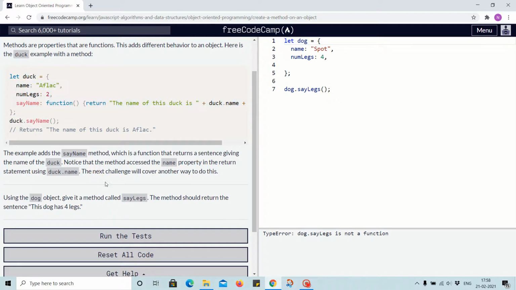The next challenge will cover another way to do this. So let's see the task. Using the dog object, give it a method called sayLegs. The method should return the sentence, this dog has 4 legs. And we can do that by first declaring sayLegs. Here this property is declared. Now it will contain a function